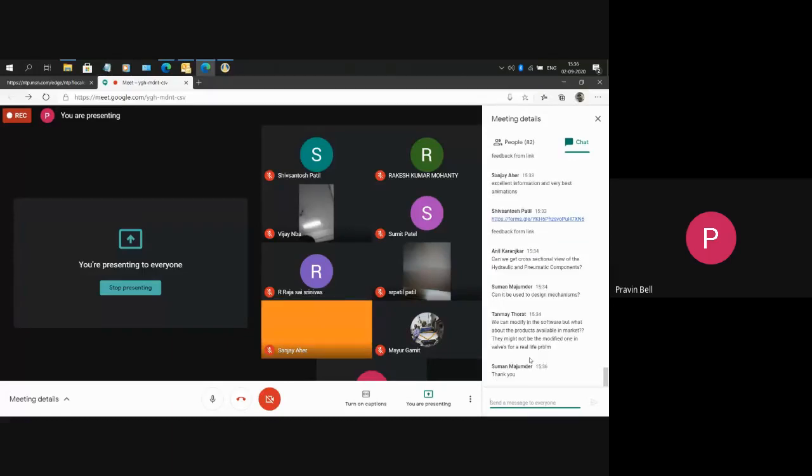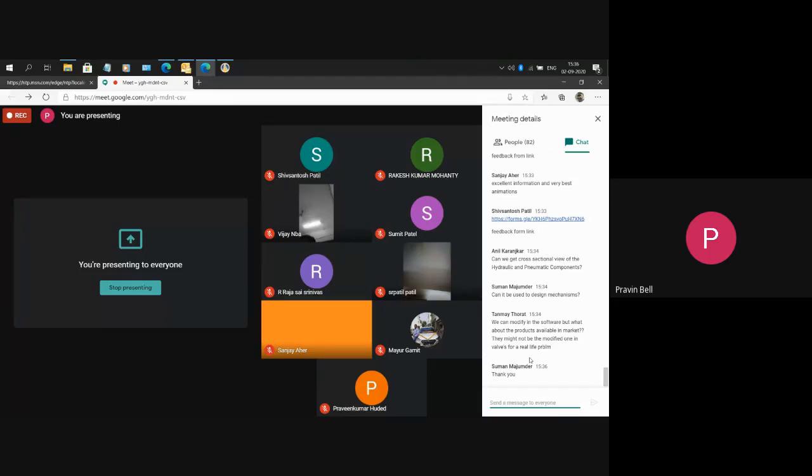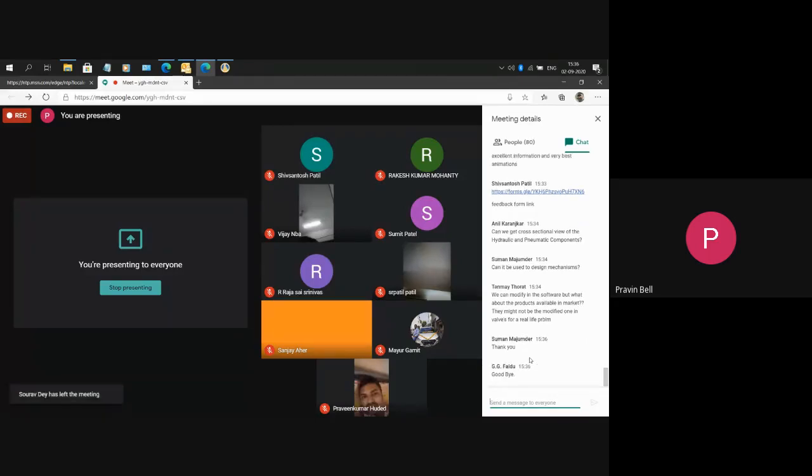There's a question by Tanmay Thorat: what about the market? Now, the issue about the market is that Automation Studio has a professional version of the software in which there are catalogs available. There are more than 45 industry-based catalogs. For example, the entire catalogs of Eaton, Parker, Danfoss, Hydroforce, and you name the company. There are more than 40 to 50,000 catalog components available in Automation Studio in the industry.